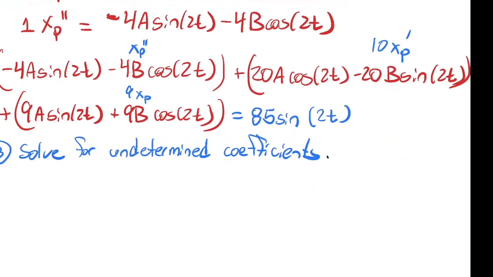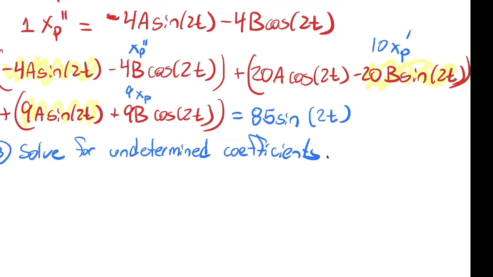So what might be a good plan of attack for that? Grouping sines and cosines together and creating two equations, and then taking the sine 2t and cosine 2t out and solving a system of equations. Yep, let's group all of these sine terms and all of the cosine terms together, and then